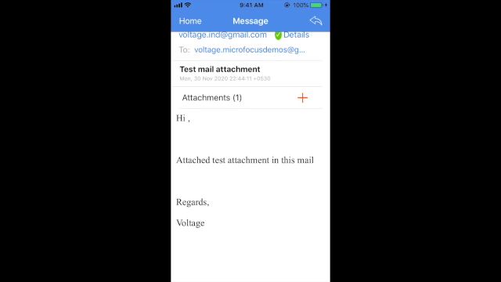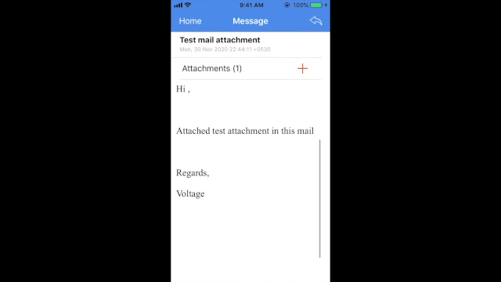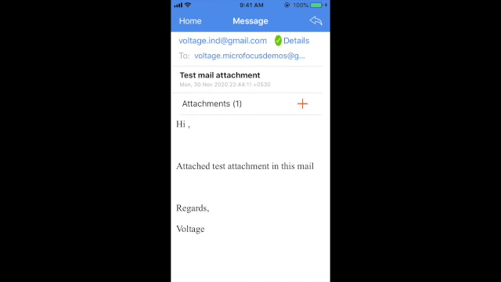Now, how does the decryption process take place using this Voltage Mail application? Initially, when we try to open the secure mail, it says downloading attachment. The concept is that the Gmail account will receive a secure Voltage encrypted email, and all the contents of that encrypted email will be present in the attachment, that is message_zdm.html. This is the attachment which will have the details about the encrypted content.